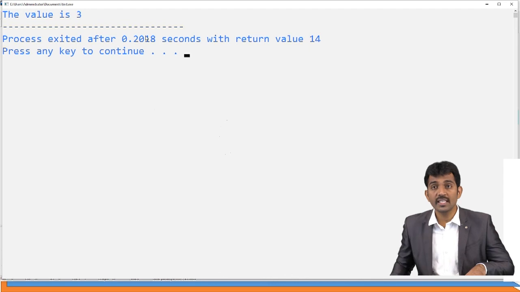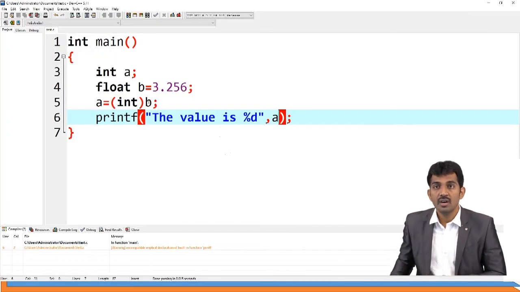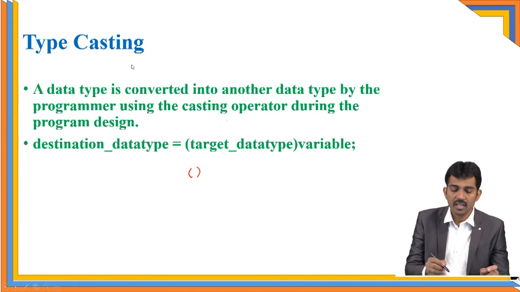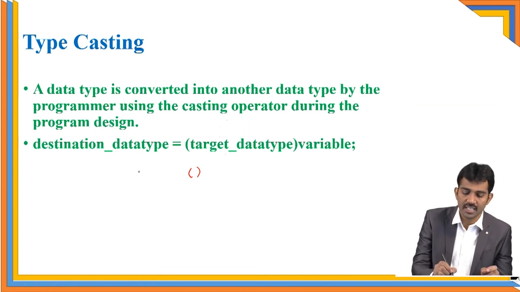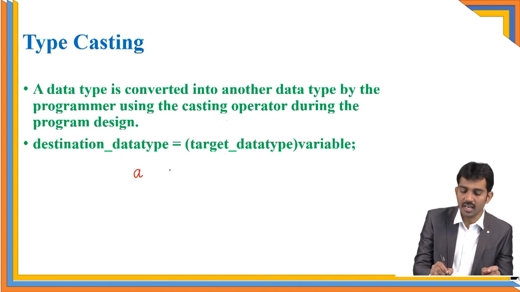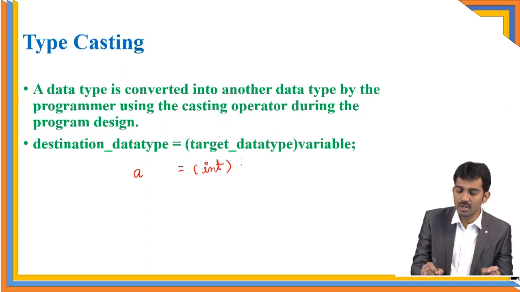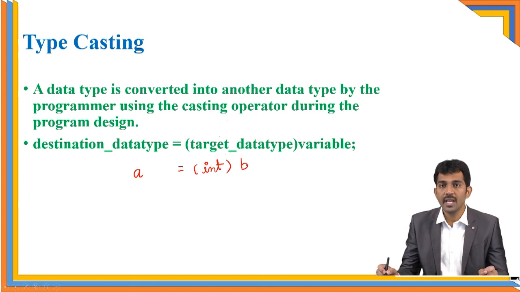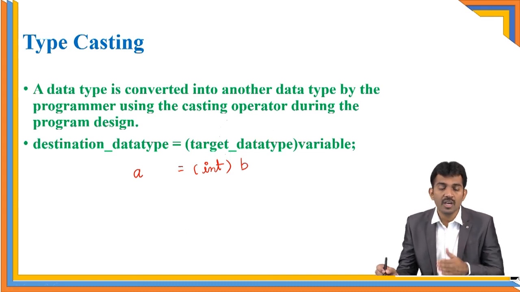So this is called casting. You are converting your data to the destination. So this is the target. Observe carefully. Here the destination data type is integer. You are going to convert your data into the integer type. Integer type means here a is there. A is which type? Integer type. What data is available? B, this is a variable. B is a float variable. Now the float is converted into the integer by using the destination. This is called typecasting.